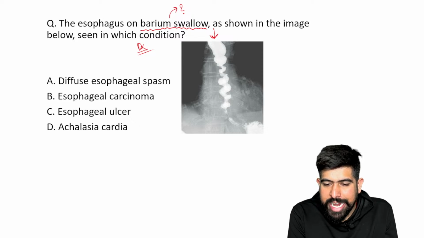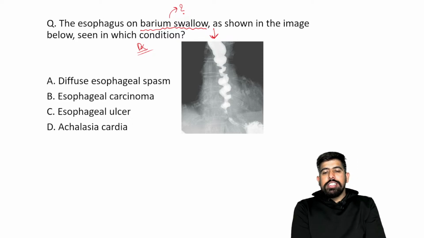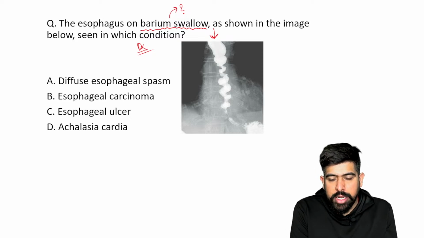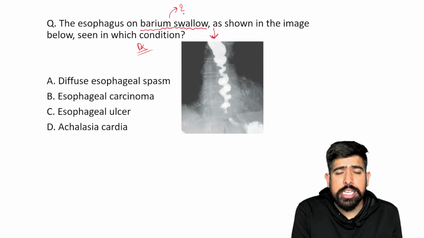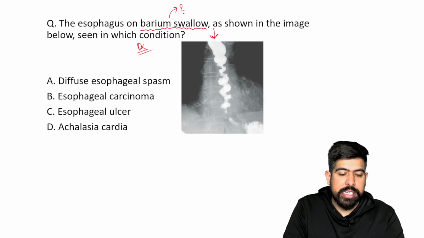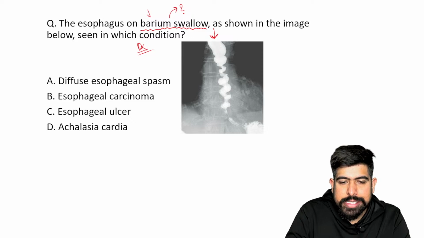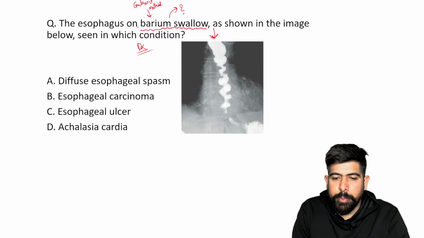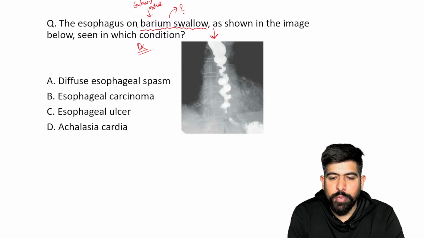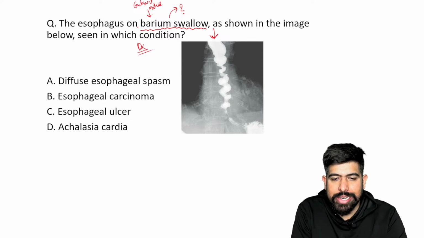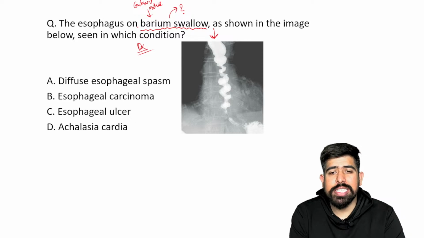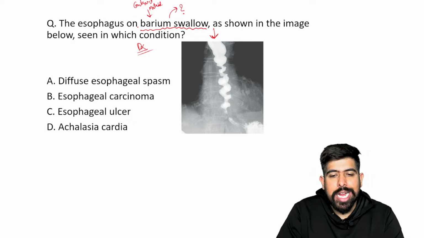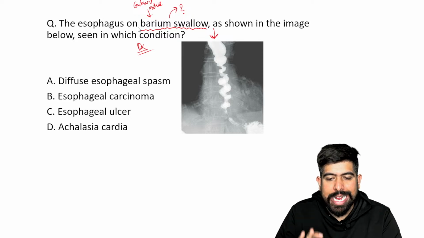So barium swallow is the diagnostic modality for the esophagus. About the motility, we are not going into it, just remember. For esophageal anatomical or any disturbance, we use this. Barium is your contrast material. We give this contrast material to the patient to drink. When the patient swallows the barium, it goes into the esophagus, and then we take the x-ray of this patient.